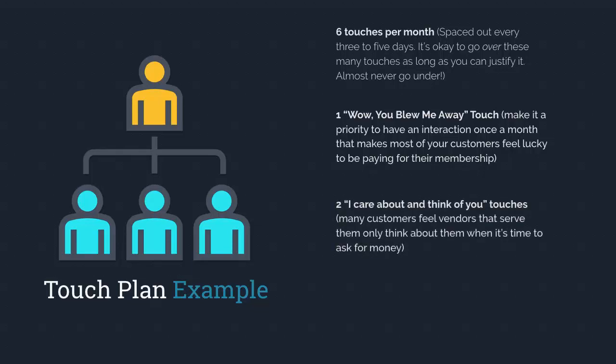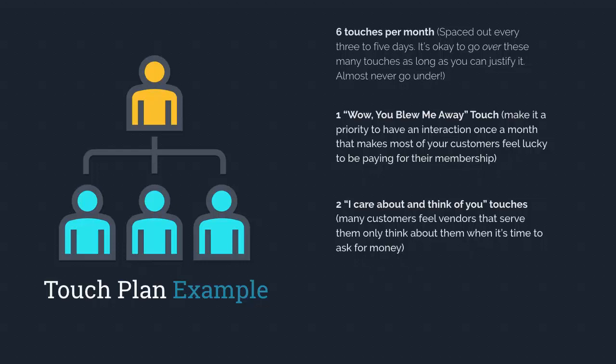2 of them are going to demonstrate that I care and think about them consistently, because I will tell you the biggest point with most customers in a continuity program or just anything related to a vendor is they feel like a vendor does not think of them, that the vendor is apathetic towards them and their needs, and that the only time the vendor does think about them is when they want to make money from them. And so if I can demonstrate and show them that this is how I care about you, then whatever my deliverables that I'm going to give them, if they can filter through that, that becomes very powerful.